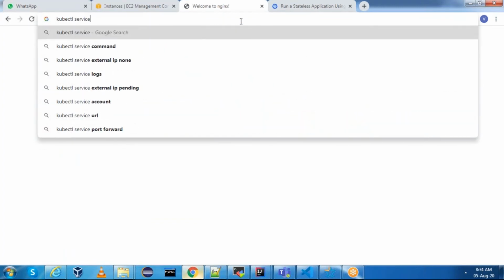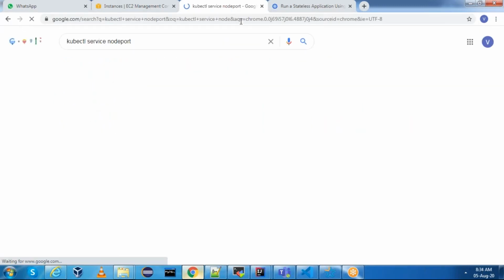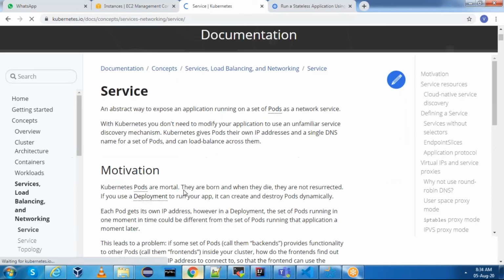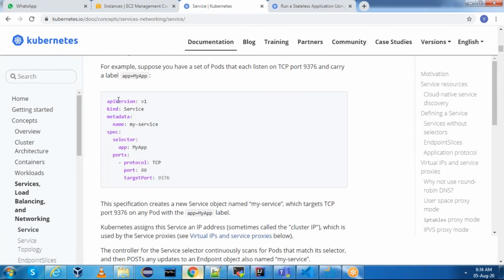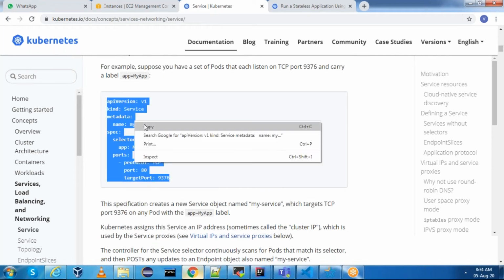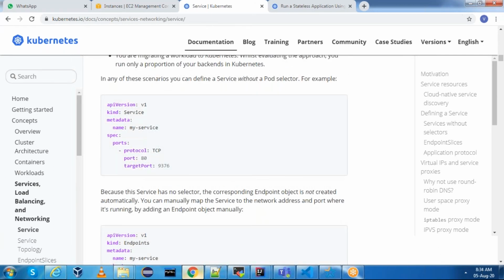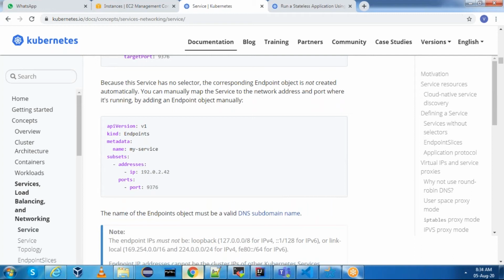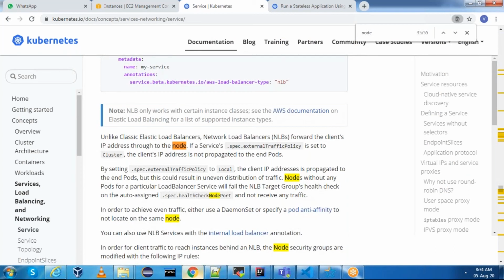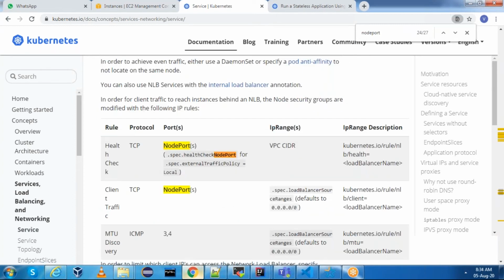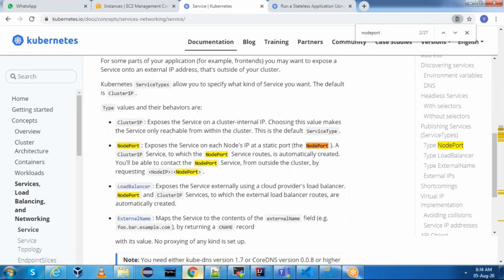kubectl service node port. Okay, load balancer will not work for this. We need to use node port. We'll copy the YML for the node port. Control F. Okay, if you see, node port exposes the service on each node's IP at a static port.